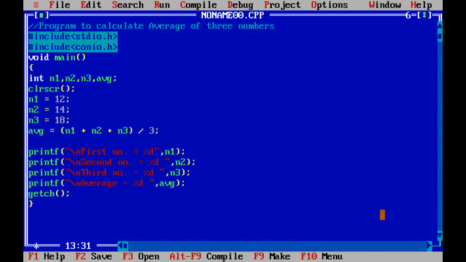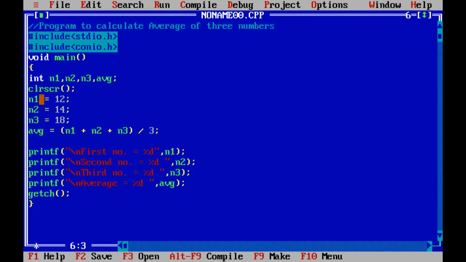Just see here. Sir, the average is in decimal. Yes, the average should be in decimal, but because here I have used int type, where int stands for integer type of value, in an integer type of value the decimal part is neglected. If I change this into float, then this result will display the decimal part also. Okay, just ignore this thing here.